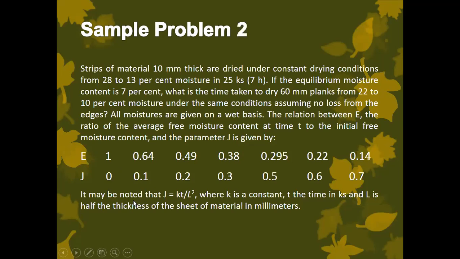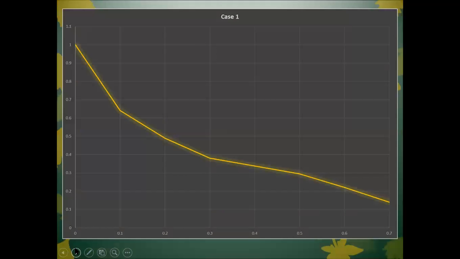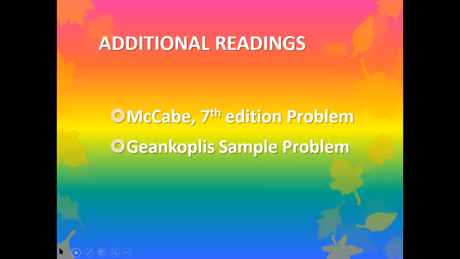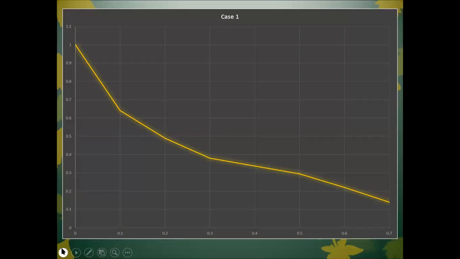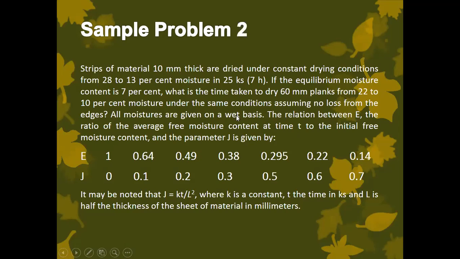The parameter J is defined by the formula KT divided by L squared, where K is a constant, T is the time in kiloseconds, and L is half of the thickness of the sheet of material. And by the way, class, this formula is only true for this particular problem, for the given condition. So you are to determine the drying time if your material, which was originally only 10 mm thick